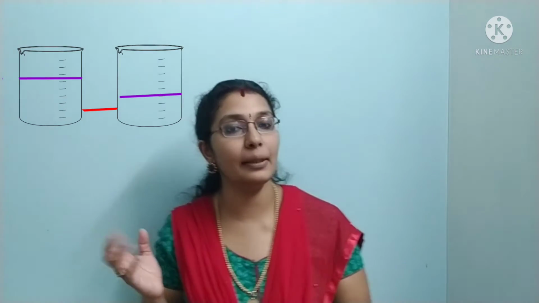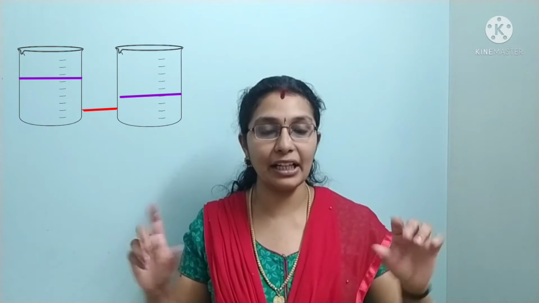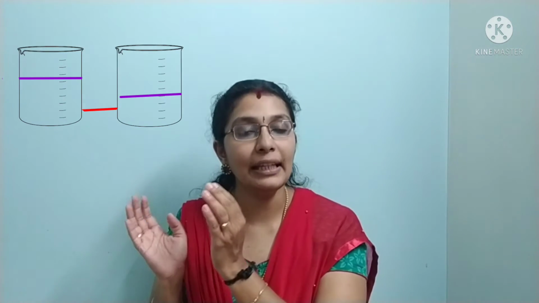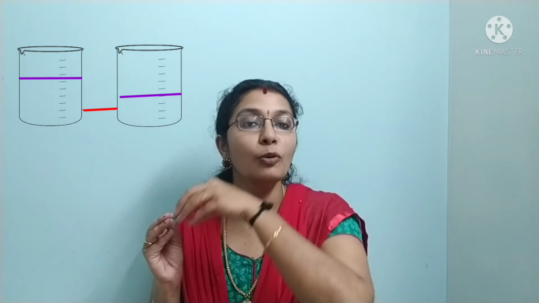Let's understand Ohm's law with one more example. Okay, let us consider 2 beakers containing water, one with 100 ml of water and another with 50 ml of water. Okay, and you have a connecting tube between them. What do you find? You can find that water rushes from beaker A to beaker B. Or in other terms, you can say it as the water in beaker A has the potential to do the work to move the water from A to B.